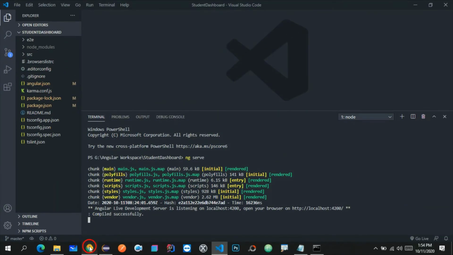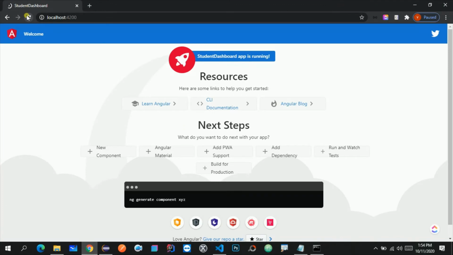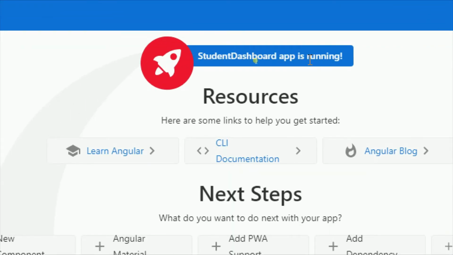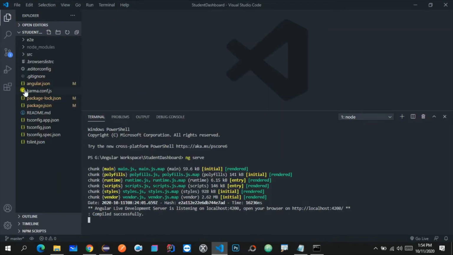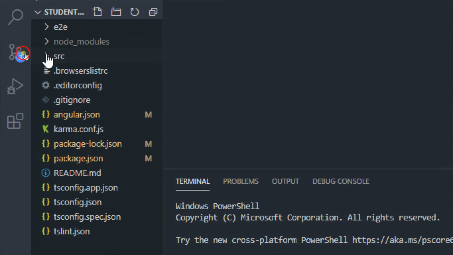So let me go to my browser and let me refresh this file. So here, as you can see, we are able to see the student dashboard app is running. So what we need to do, first of all, we need to remove this default code so that we can write our code. So let me go to Visual Studio again, and inside this let me go to src